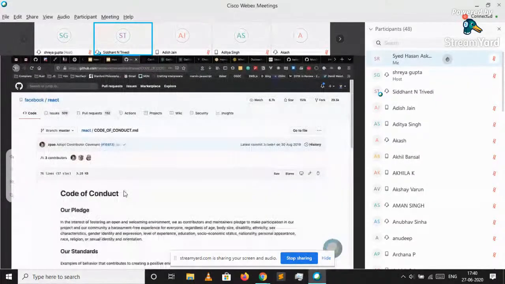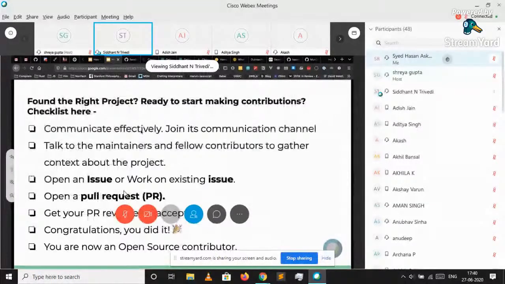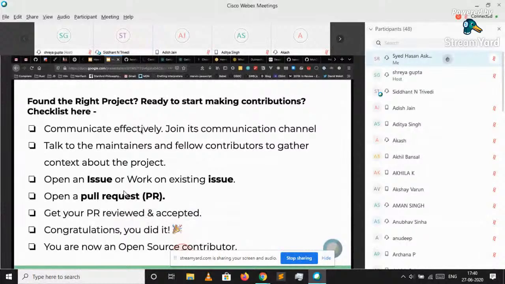So when you have found the right project, suppose you found the right project that you're going to contribute to. Suppose you are going to contribute to React. And so I have made a checklist here, like what are the next steps that you can follow. So firstly, join the communication channel of React. There must be a communication channel on the website. So if you go to the documentation website,